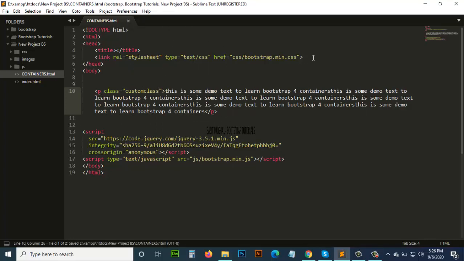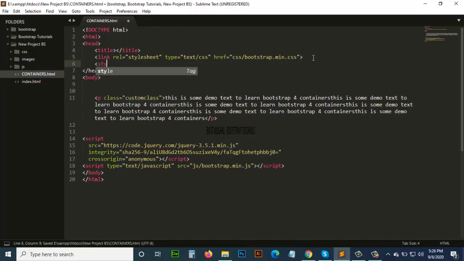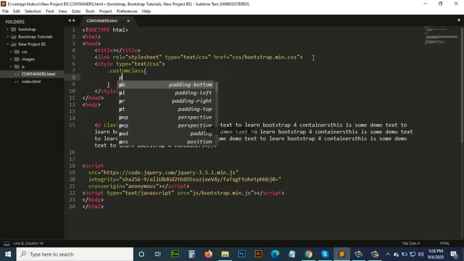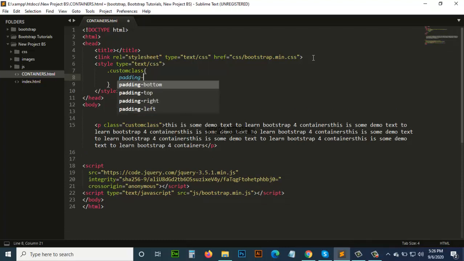And in the custom class you need to write your own CSS, like custom class. You need to add some padding-left 25 pixels